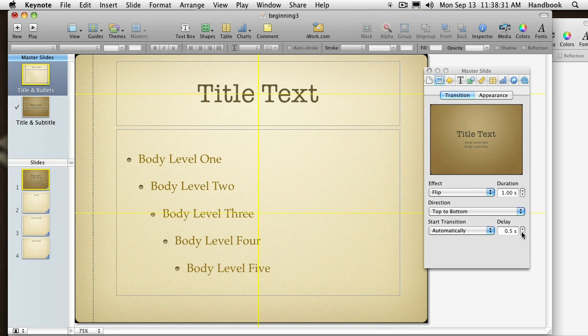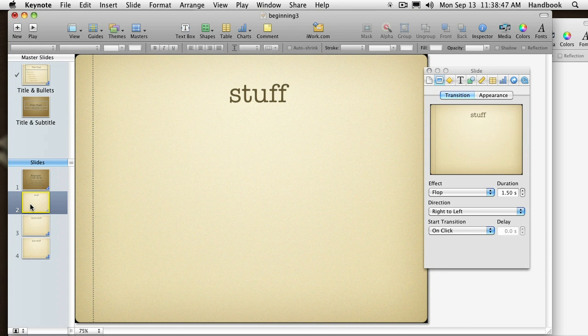We're going to play with that to some advantage in a subsequent class, so we can actually simulate some really cool animation effects. For now, though, I'll stick to probably a more basic one here, just on click. Now let's go see what this has done to the slides that use this master. And as you can see, each of these, which use that master, as I click on slide, slide, and slide,